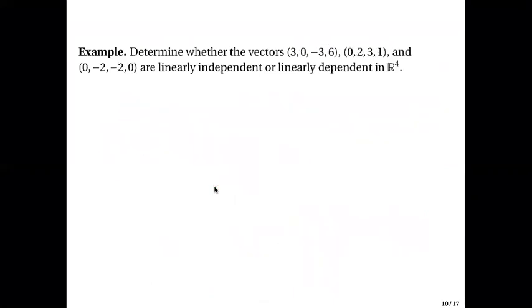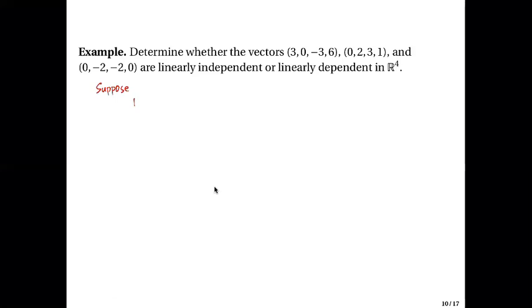Another example here. Determine whether the vectors (3, 0, -3, 6), (0, 2, 3, 1), and (0, -2, -2, 0) are linearly independent or linearly dependent in R4. Same start of the solution. So suppose we have that